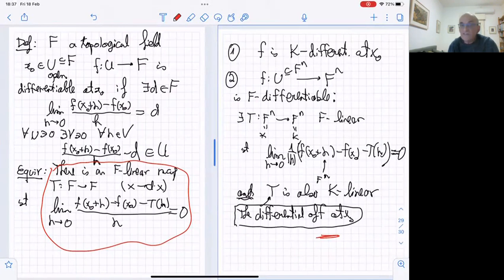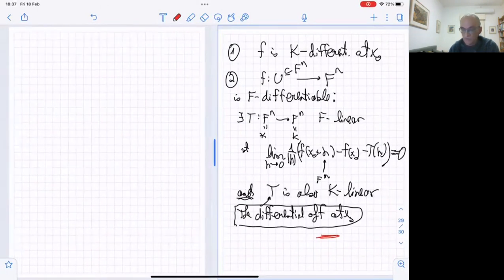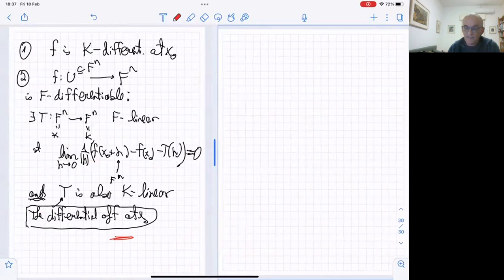So one direction is immediate, but also the other. Both directions are almost immediate. Now, let me go back and remind you that we know this condition in the cases that we are interested in. So if K is F adjoined square root of -1, you don't even need to assume real closed or anything, then the differential of F,